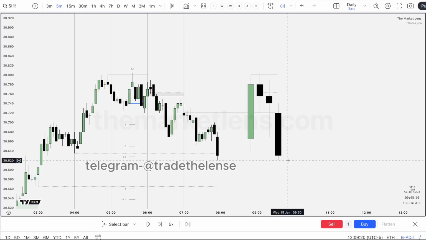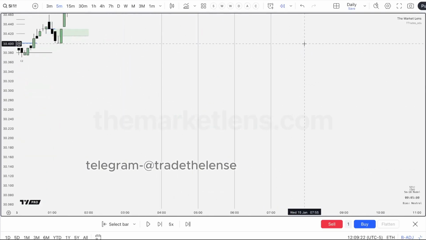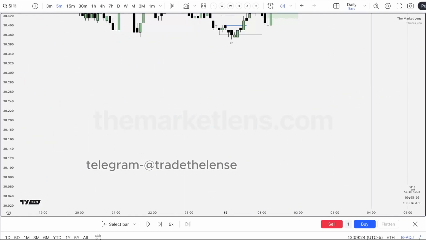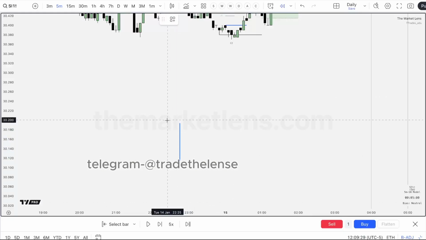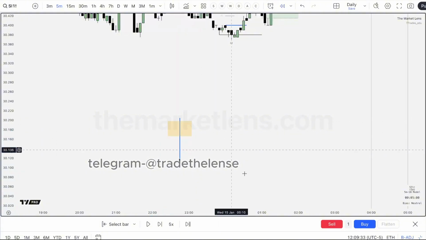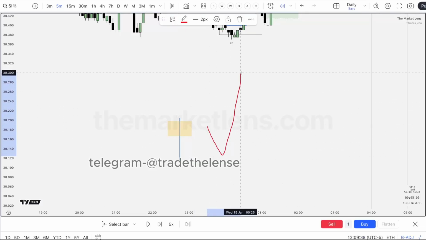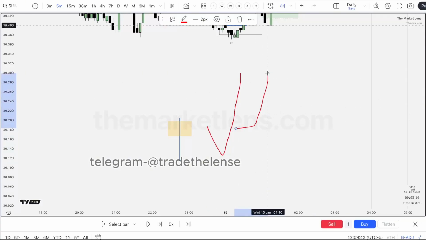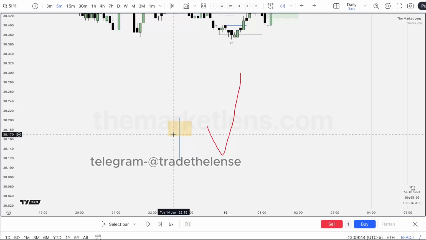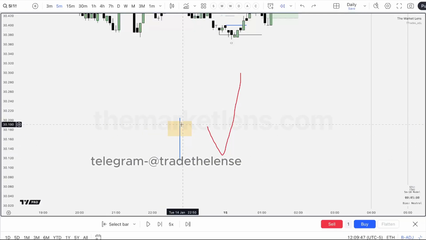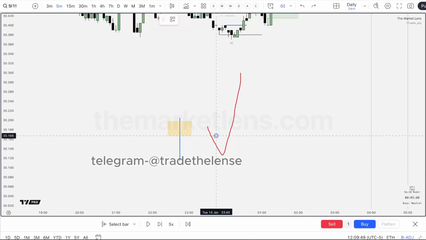Well, here, let me draw this out for you. With a candle 2 closure, I'm wanting to trade candles that look like this. Because if I'm thinking price is going to expand in one direction, I want to be on side with price before it expands. So right here, if we have price going down, forming a reversal, then I can look to get on side with the next candle to go expand higher.